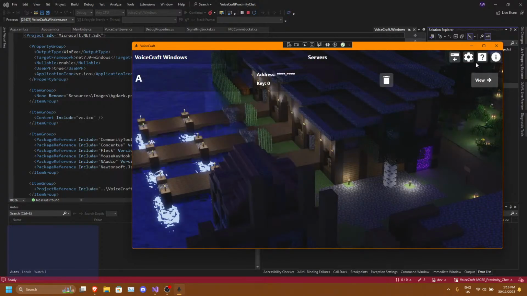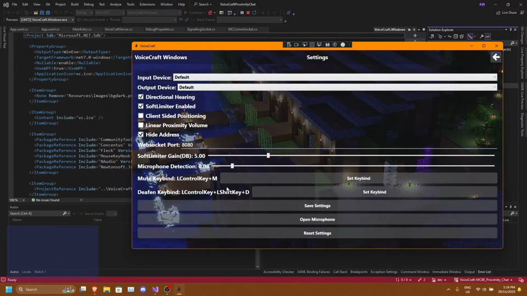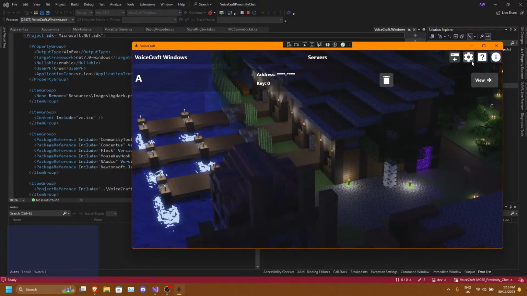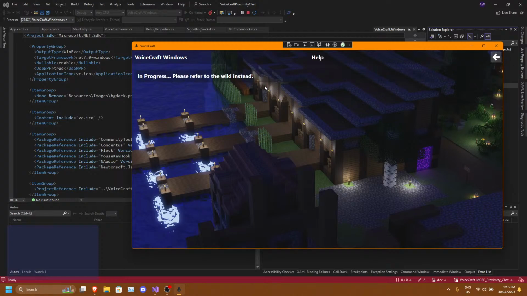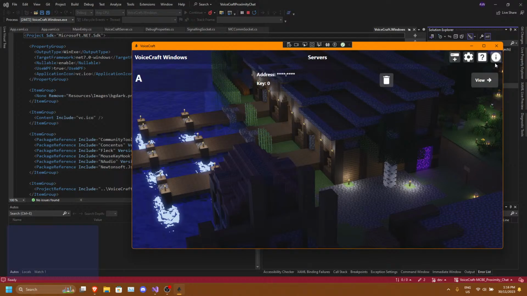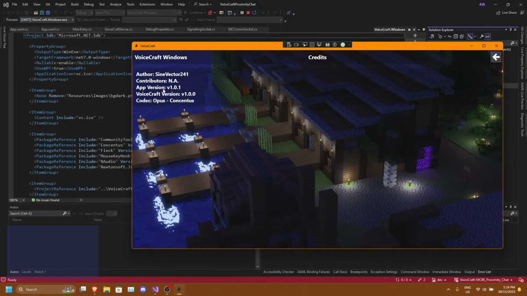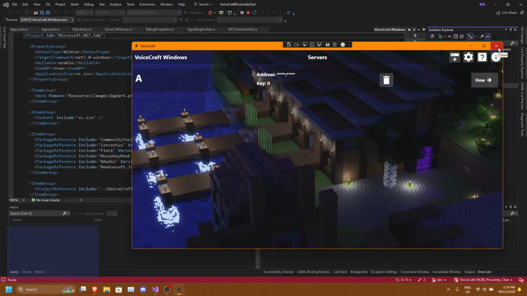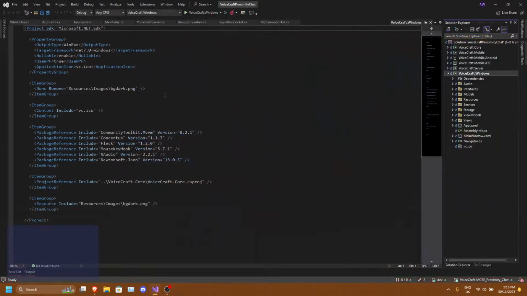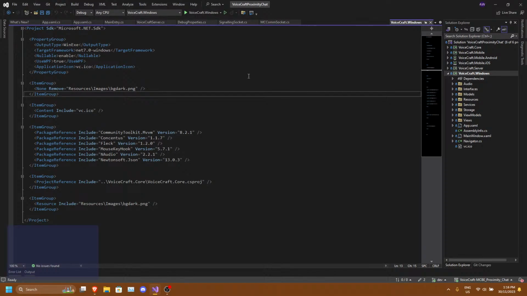But not a whole lot that changed here. Might have to start writing this wiki thingy as well as the app version, but that's pretty much all coming later. That's pretty much all I got.